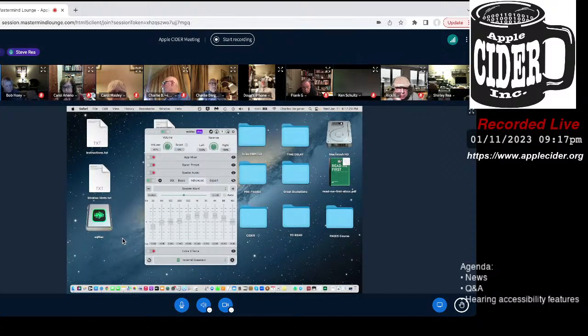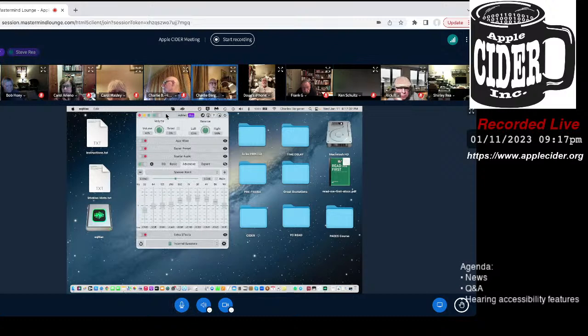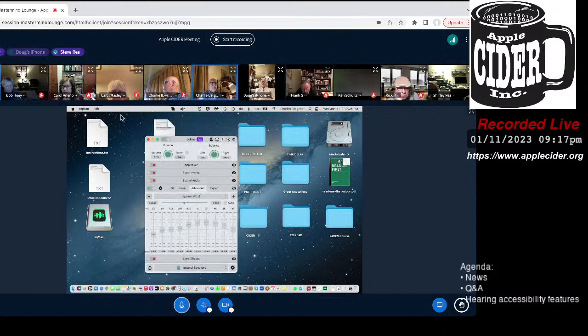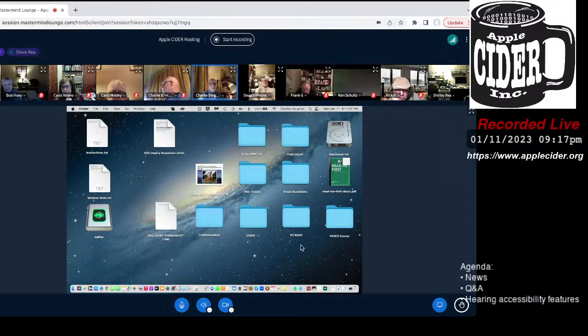EQ Mac, yeah, and it's interesting the EQ Mac won't go any bigger. Well, I haven't tried it. Since I did that, no, that just moved it around. And EQ Mac, as you may be able to see up in the menu bar, only has one option, and that's edit. I made it disappear again.